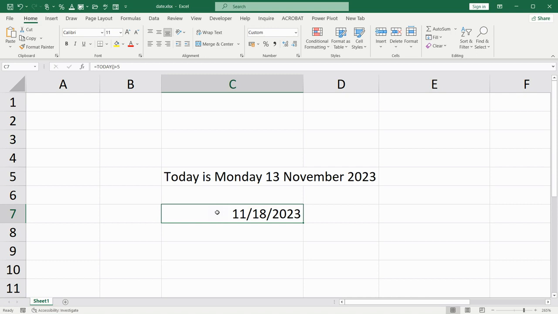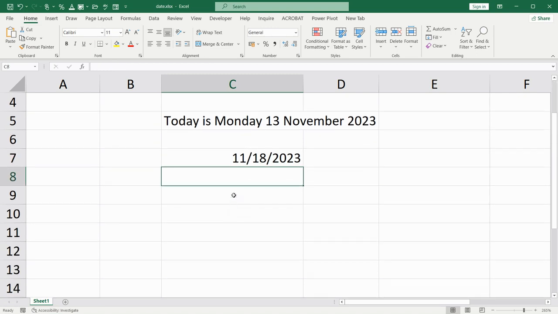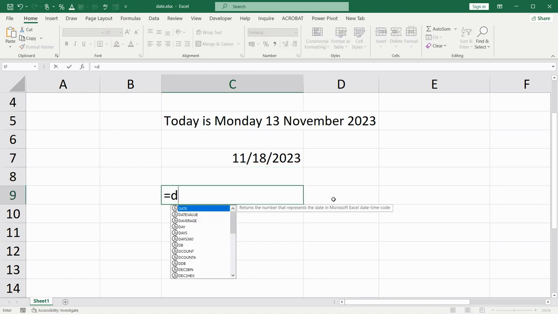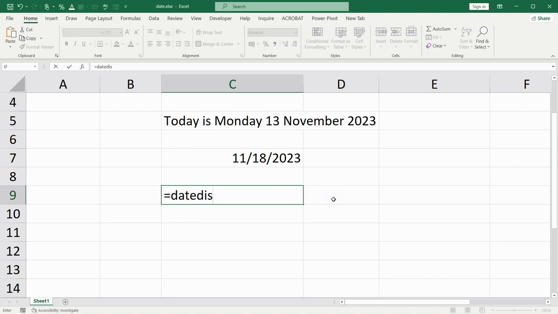To calculate the number of days from the current date to a specific date, you can use a formula like this. Let's put it this. Okay. DATEDIF. Here you should write your current date, 13th of November 2023,